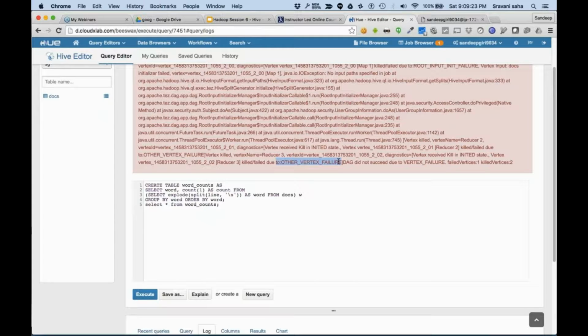Let me take a look at it again. Oh, I think I made a mistake here. It says select explode split line by space, that's correct, as word from docs.